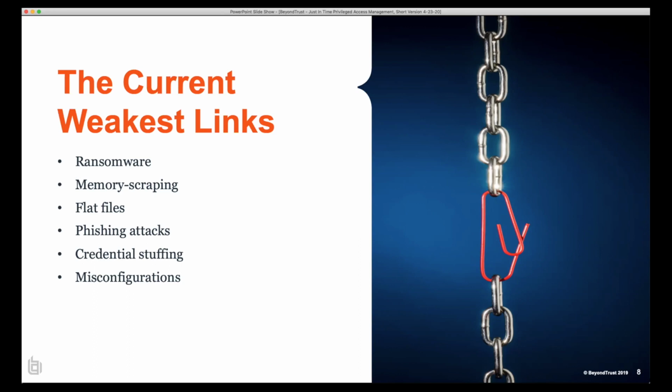How do those threat actors use tools? They're scraping memory, looking for hashes, credentials, traditional pass the hash to find those credentials, or even stealing them from flat files, because too many people still just put them in spreadsheets. You know, we could pick on some of the things that have happened in the past, but you know what? It happens a lot where people are still just writing a file called passwords and not even considering password managers.